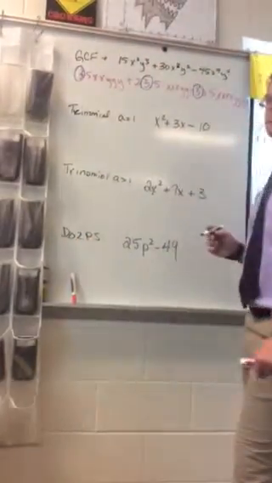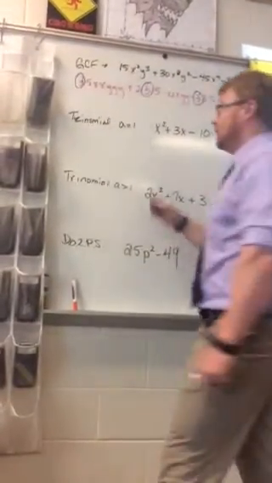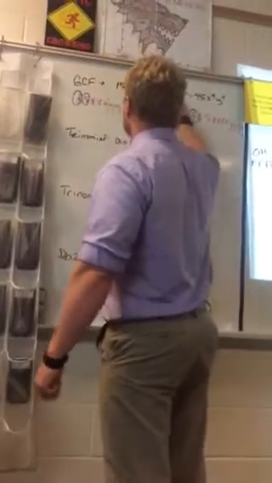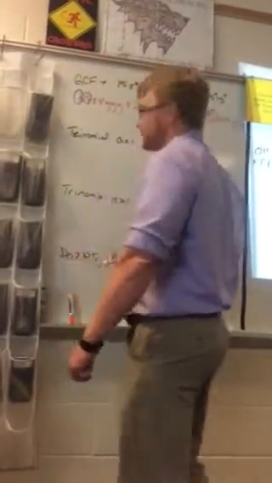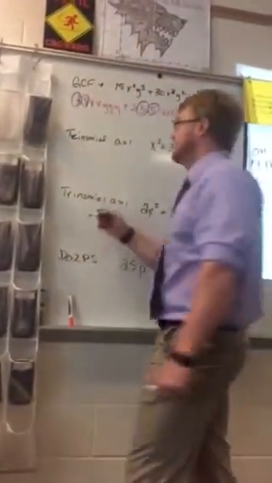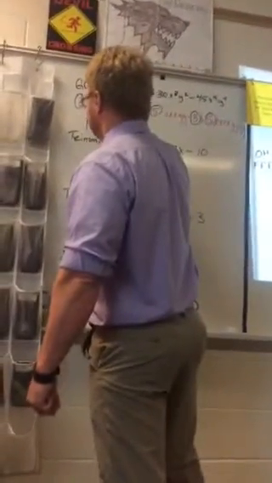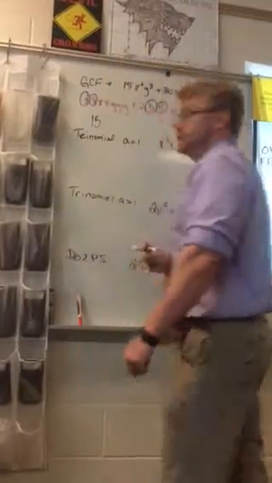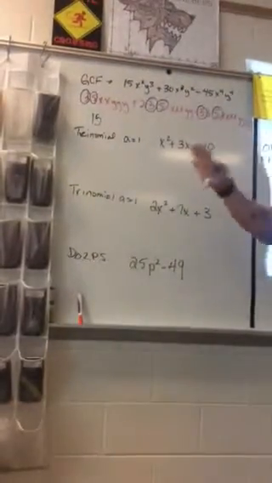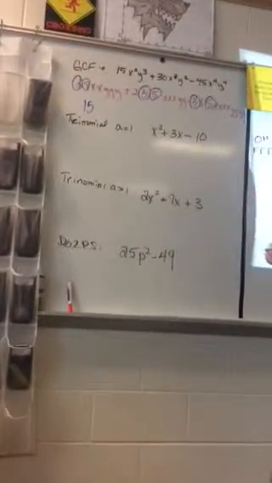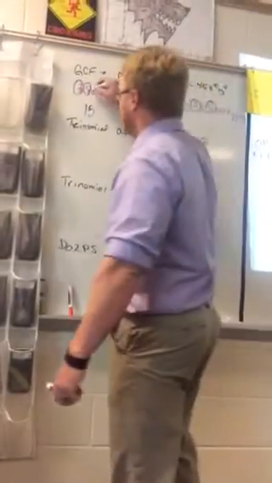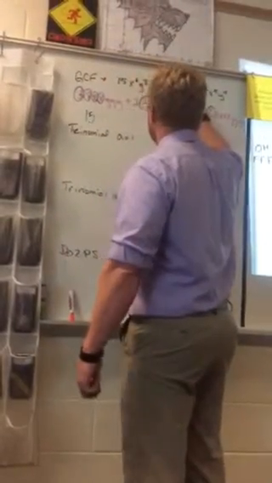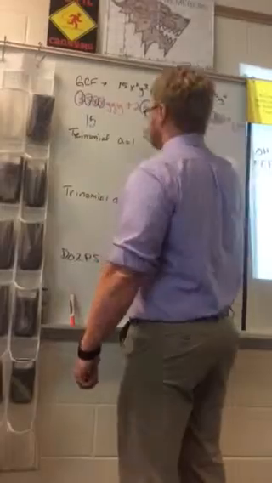Do they have any other numbers in common? And they all have a 5. You guys okay with that? Mm-hmm. So 3 times 5 is? 15. Okay, so I know that there's at least a 15 on the outside. Okay? How many x's do they all have in common? 2. They all have 1, 2, 1, 2, 1, 2. So they all have an x